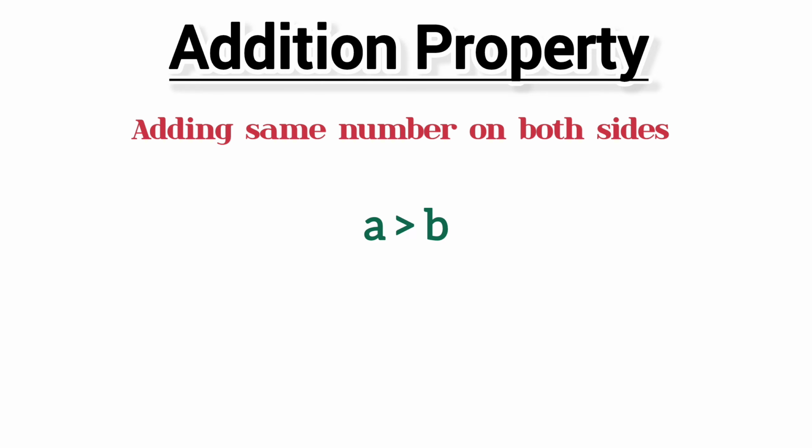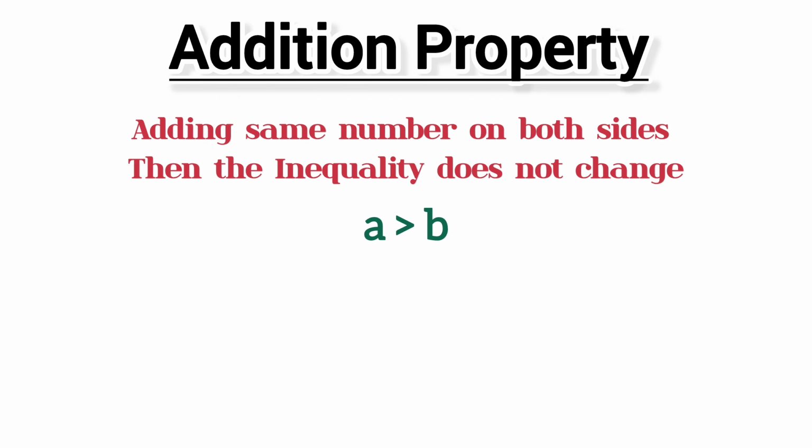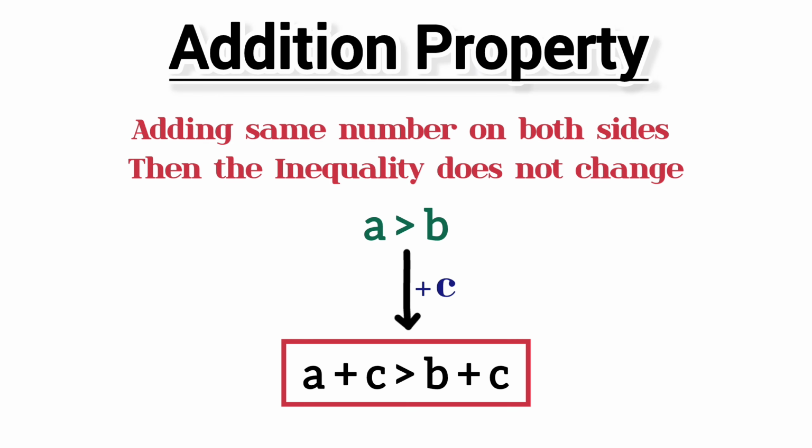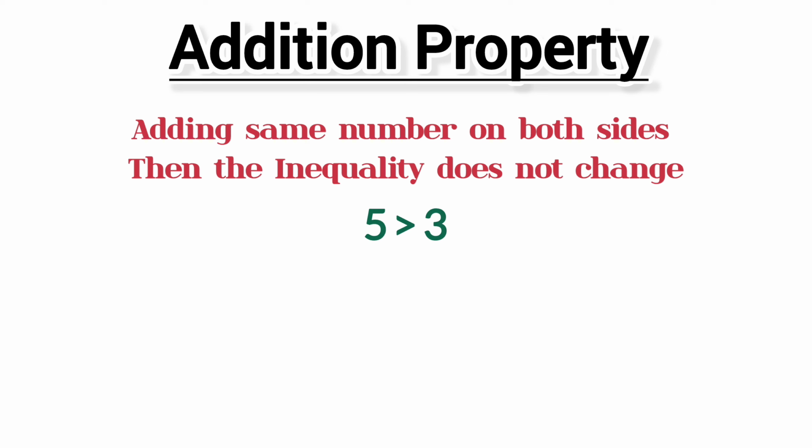Fourth is addition property. If A is greater than B and we add the same number on both sides, then the inequality does not change. If we add any number C to both sides, A plus C remains greater than B plus C. You'll understand this better with an example. We know that 5 is greater than 3. If we add 2 to both sides, on one side 5 plus 2, on the other 3 plus 2, and clearly 7